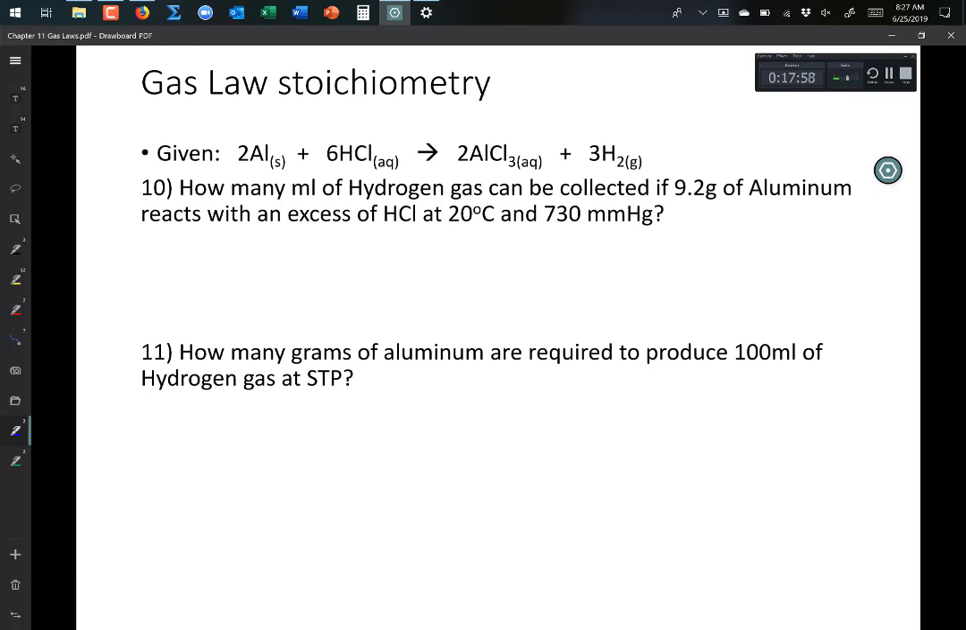So you can do stoichiometry problems with gas laws. So we're going to use the ideal gas law to calculate moles, or we'll use gas volumes to calculate moles using the ideal gas law. And so it says, how many milliliters of hydrogen gas can be collected if 9.2 grams of aluminum reacts with an excess of HCl at 20 degrees Celsius and 730